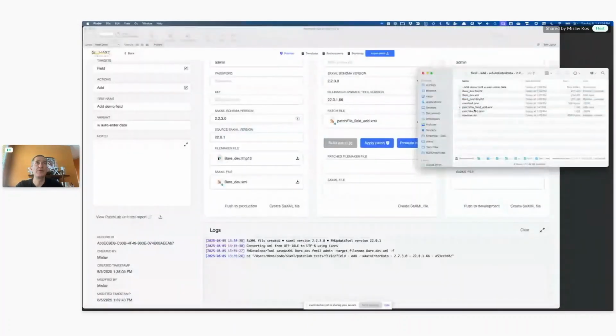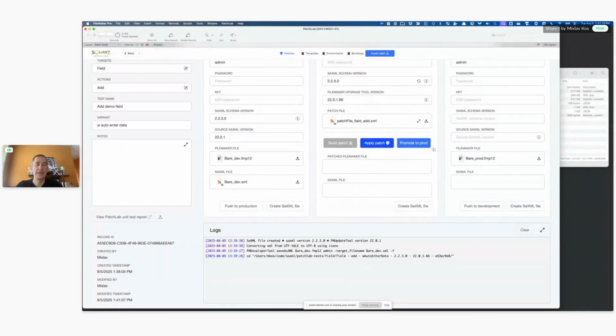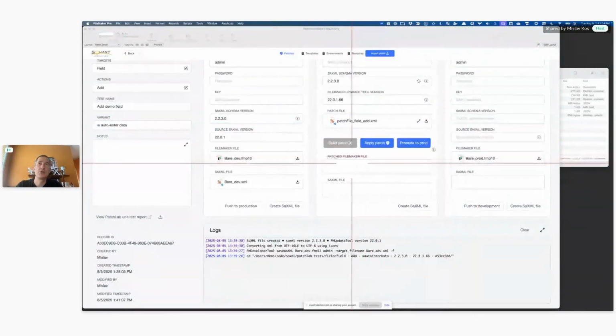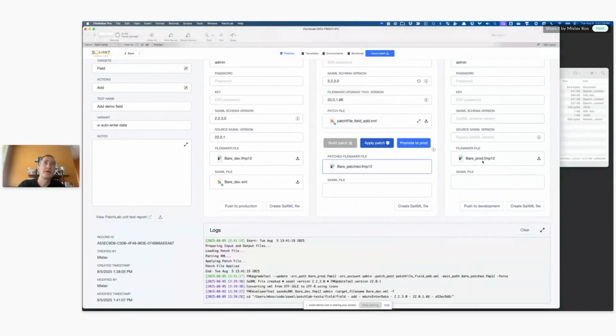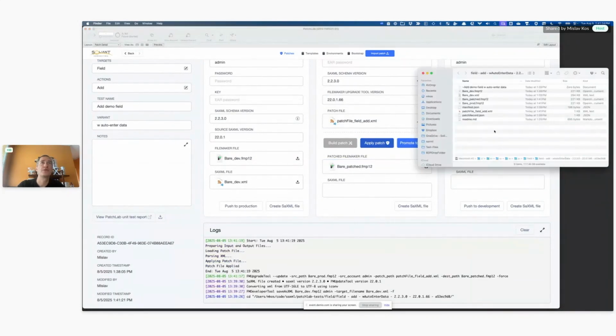We now need to put it back in our PatchLab tool in the test. And now we're going to click a button to apply this patch to this production file, and that's going to create a new file here for us. It is possible to apply a patch in place in a production file. We're not doing that here, just so we can keep them distinct and we can compare them if we want to. I'm going to open up the patched tool,